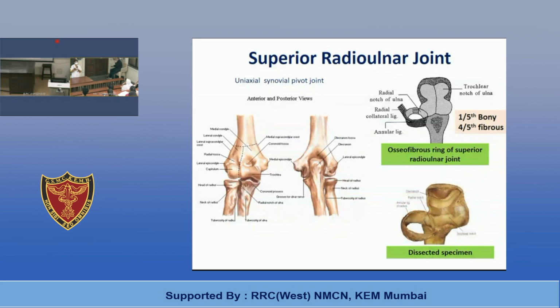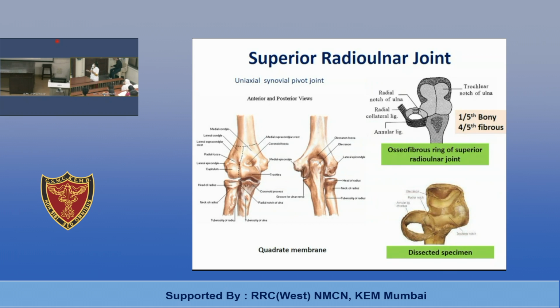If it is cut off from the main joint cavity, then they are called bursae. They are either developed as a separate bursa or it is an extension from the joint cavity, to minimize friction of the adjacent tendons and other structures related to the joint. So these are two important ligaments of the superior radioulnar joint.